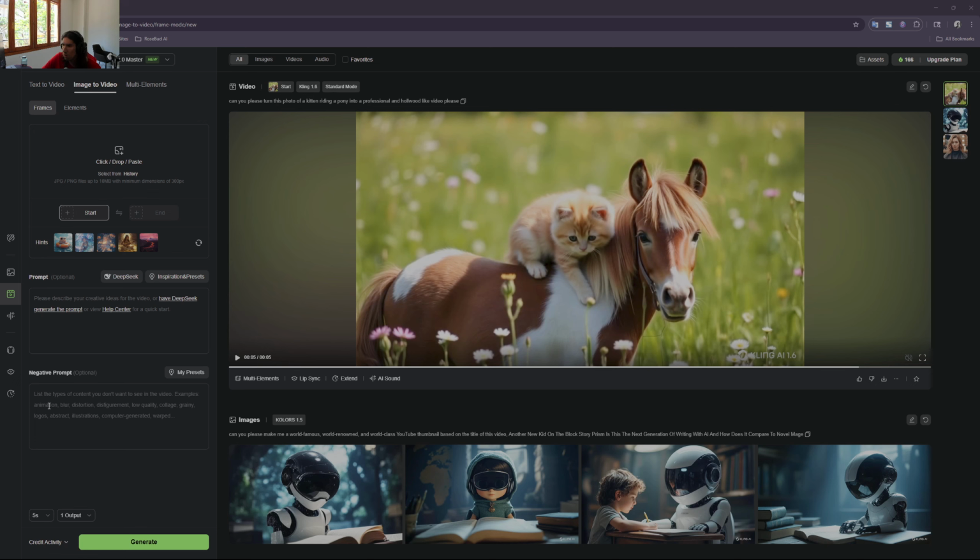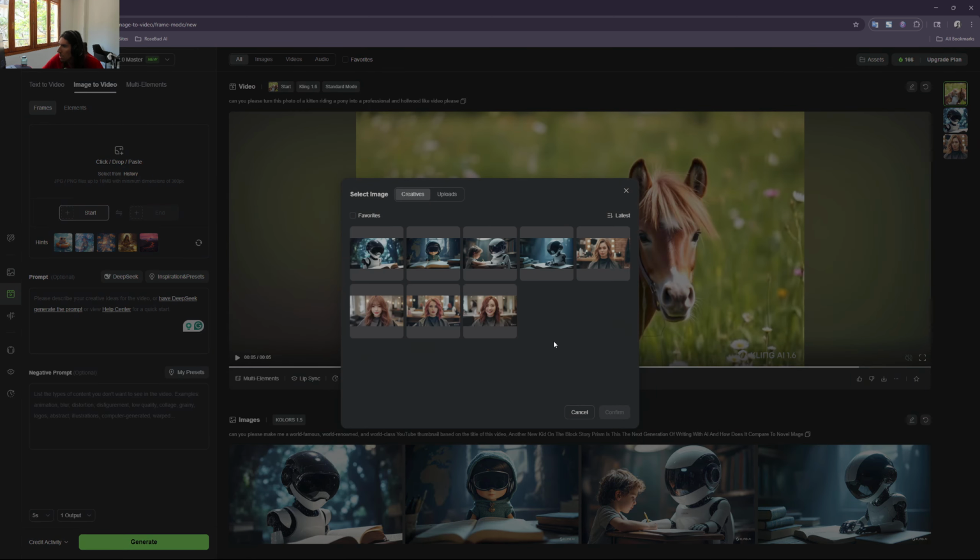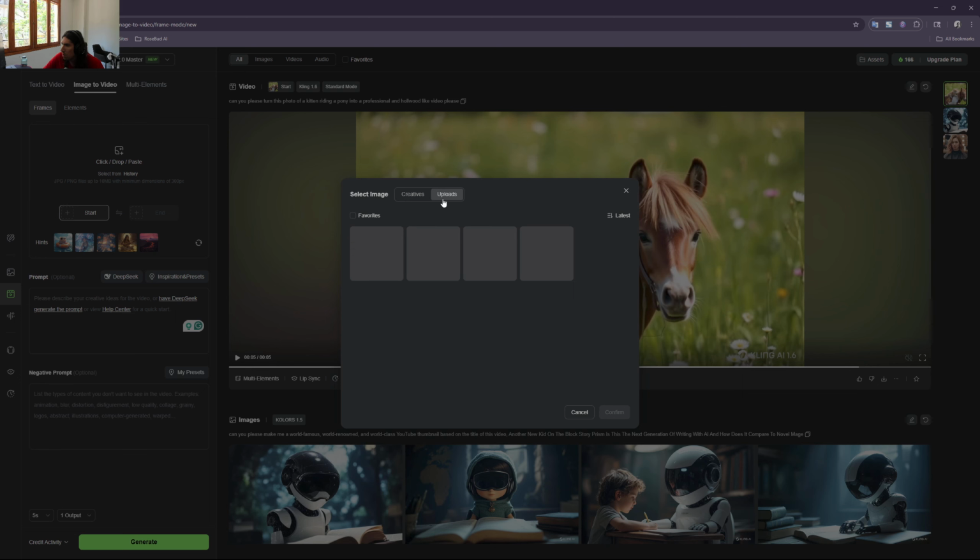With the video generation, obviously you're going to describe. So with the image to video, what you're going to do is, obviously, I already have some images. From your history, so this is my history. These are the images that I have. Let's say, for example, I got uploads and everything. My uploads are like this, and then after I would click on that, obviously,